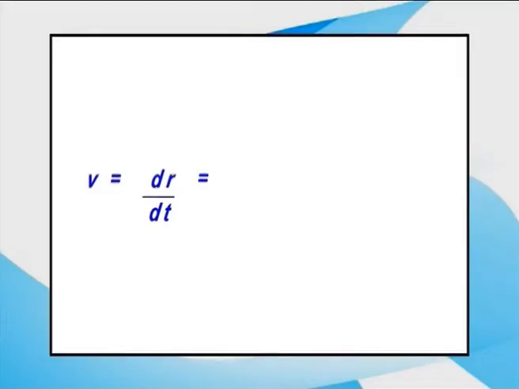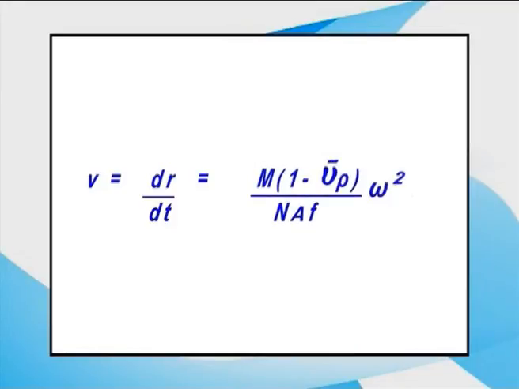Under the influence of applied centrifugal force, particles migrate at a rate that depends not only upon the applied centrifugal field but also on the nature of the particle, that is, its density and radius, and also the viscosity of the surrounding medium. The rate of sedimentation, sometimes called sedimentation velocity, is given by the equation V is equal to dr by dt is equal to m into 1 minus nu bar into rho divided by NAF into omega square r,